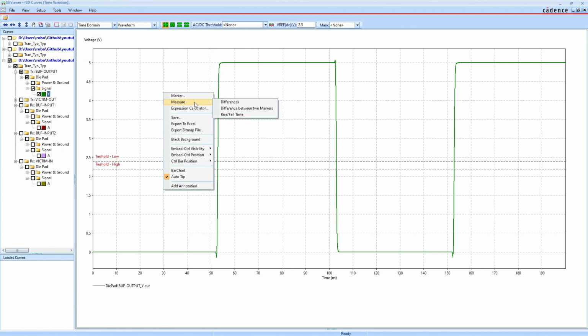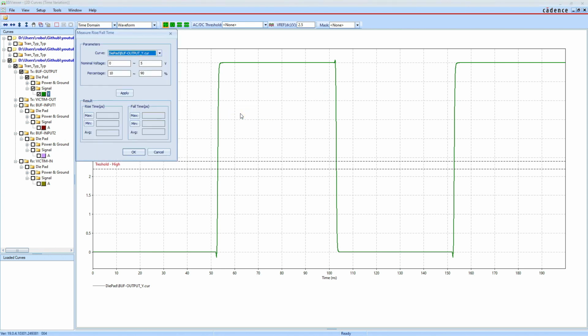Right click, measure rise and fall time of the output from the buffer between 0 to 5 volts, 10 to 90%. And you can see the rise time for our rising edge is around 600 picoseconds, and the fall time for our falling edge is around 500 picoseconds. Then I took a calculator.